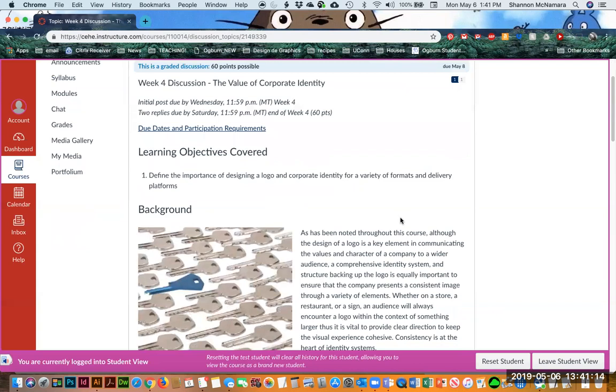All right, so we're going to be talking about the value of corporate identity. And you've noticed throughout our discussions each week, they kind of,